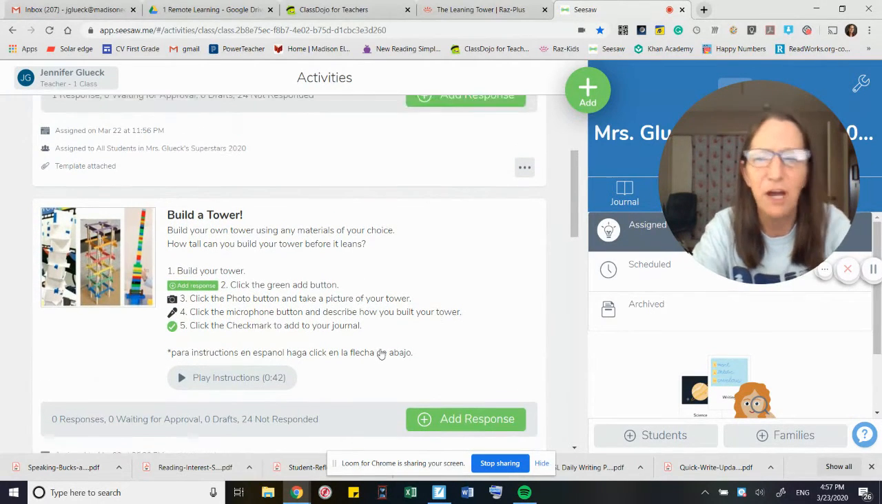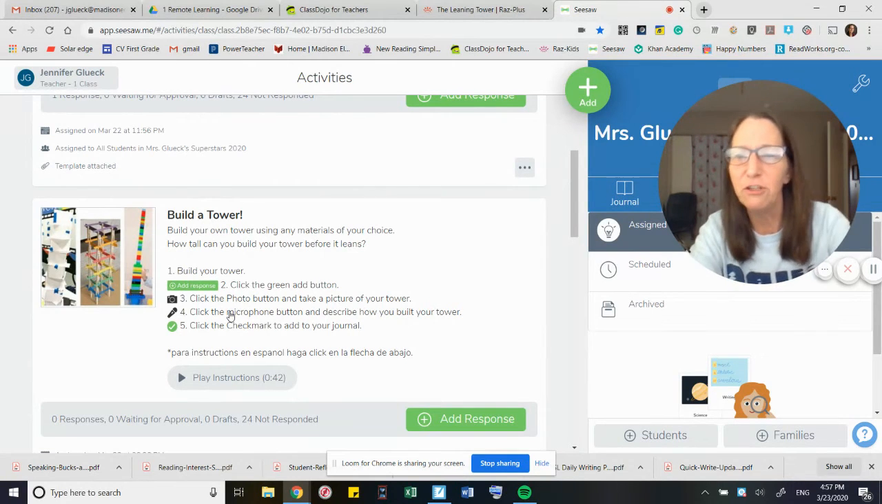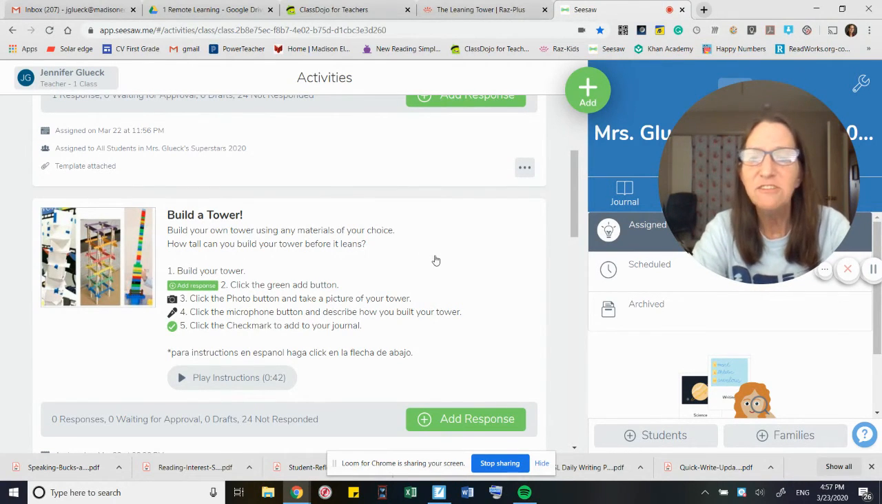After you're done reading about the Tower of Pisa, I want to invite you to try and build your own tower. You can use anything you have at your house. This tower is made from index cards and tape. This one's made from popsicle sticks. And this one is made from blocks. Use whatever materials you have in your home and see if you can build a tower, and how tall can